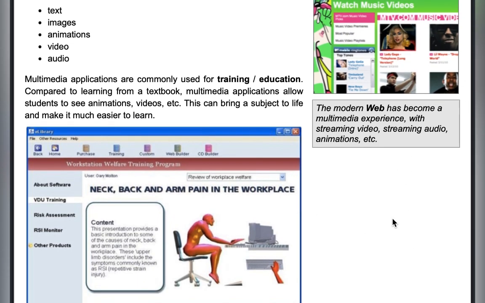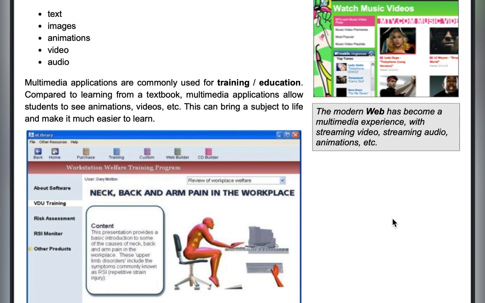Multimedia applications are commonly used for training and education purposes compared to learning from a textbook. Sometimes it's more interesting to learn with a multimedia PowerPoint than to start looking for a textbook to read.